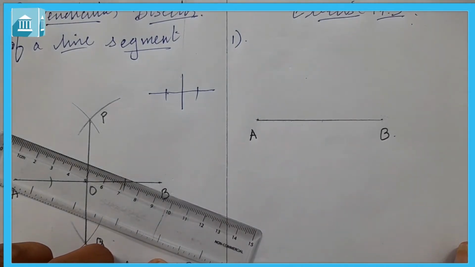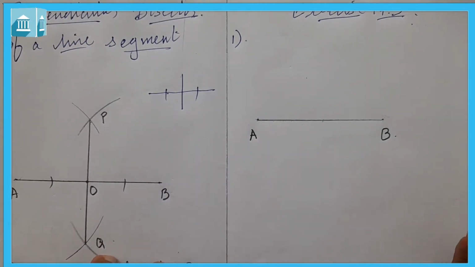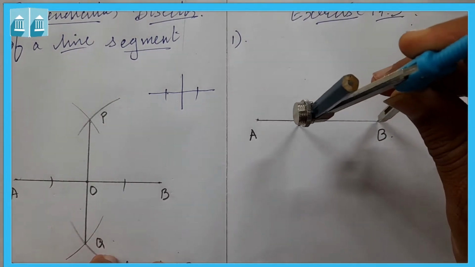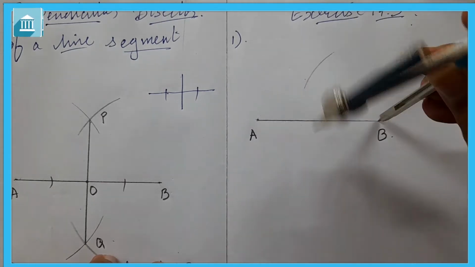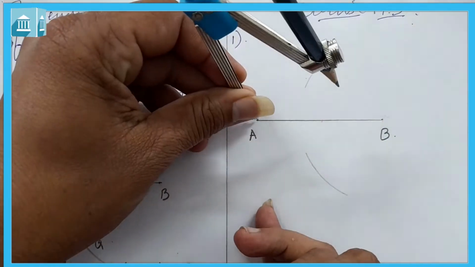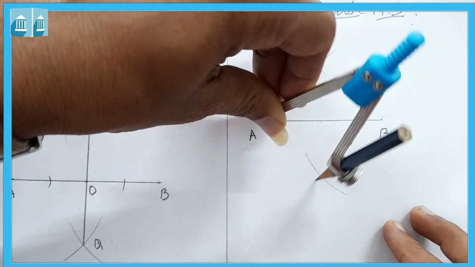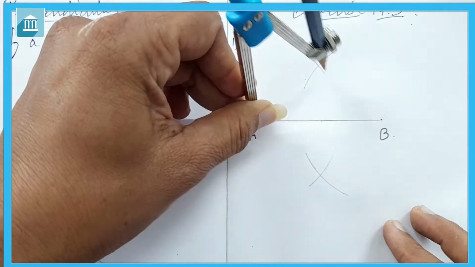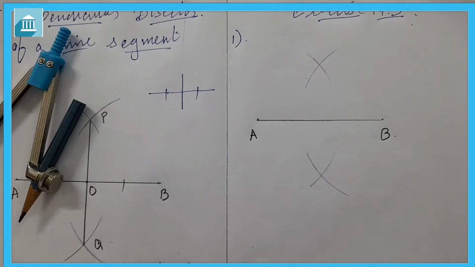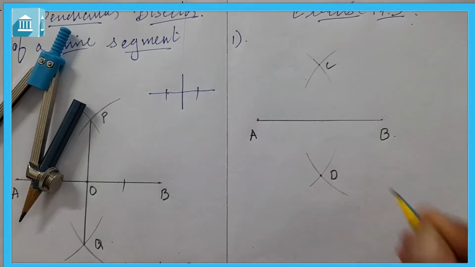This line segment you have to draw in the center, क्योंकि हमें दोनों और आर्क खींचना है, इसलिए ये लाइन सेगमेंट हम सेंटर में ड्रॉ करेंगे. Now with the help of compass, as I told, जैसे हमने अभी example में किया था, radius more than half. एक इधर आर्क ड्रॉ करेंगे, एक आर्क इधर ड्रॉ करेंगे, then again with A as a center and the same radius we will draw arcs on both sides which intersect each other. Let us name them: this will be C and this will be D.